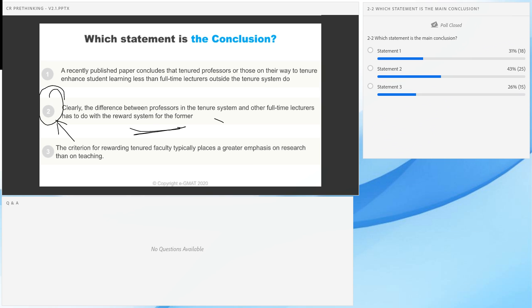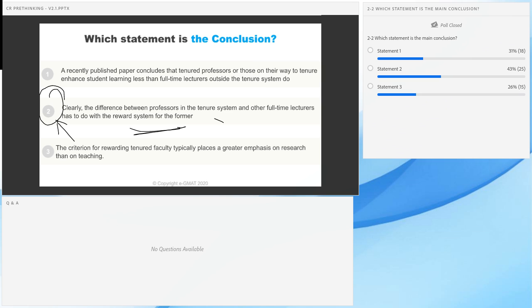Okay. That's something that's out there. All right. Statement number 3, and Ashutosh has a good question. He says, is that an intermediate conclusion? No, it's a premise. It's a fact. An intermediate conclusion means it's a claim which we can doubt. We are not going to doubt statement number 3 because the author is telling us that statement.